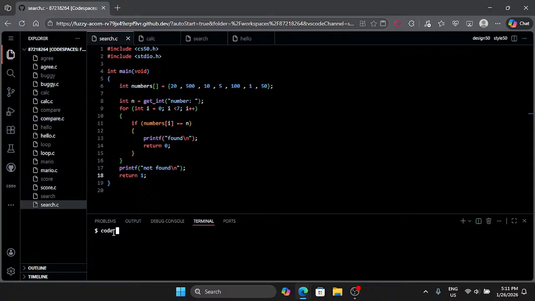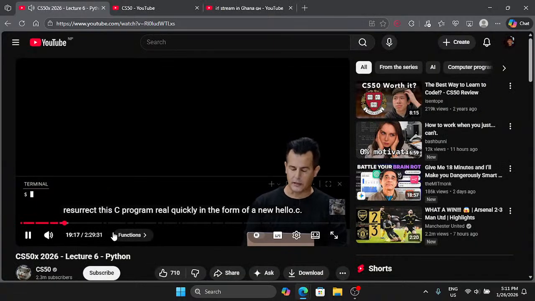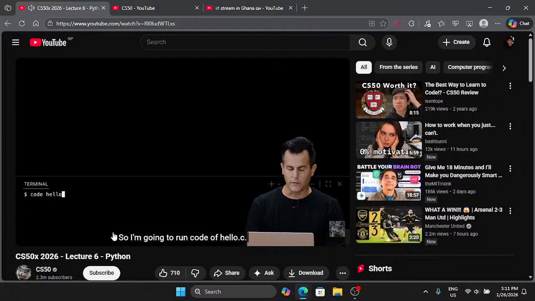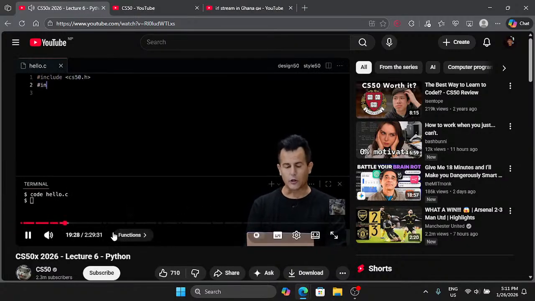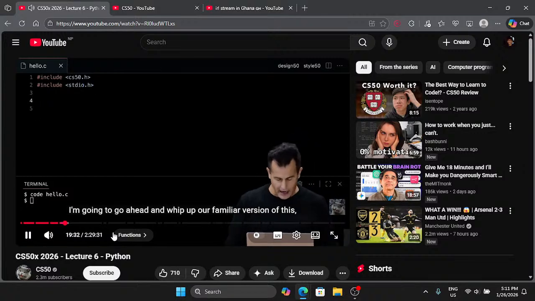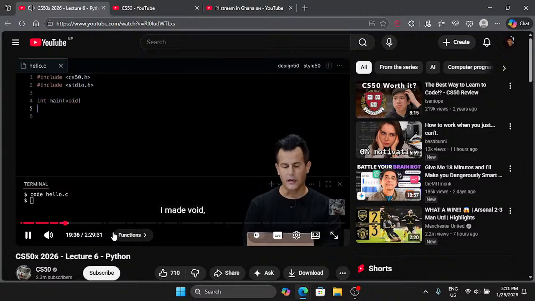So in fact, let me go back to VS Code, and let's see if we can't resurrect this C program real quickly in the form of a new hello.c. So I'm going to run code of hello.c. And then in my code tab, I'm going to do include cs50.h, include stdio.h, and then below that, I'm going to go ahead and whip up our familiar version of this in main void, and then inside the curly braces,